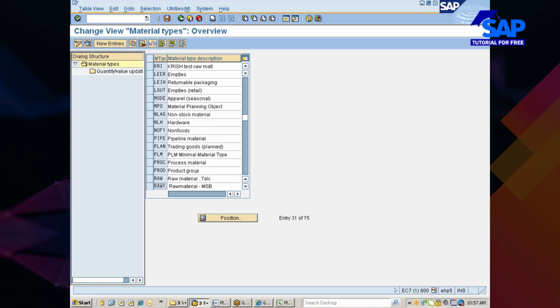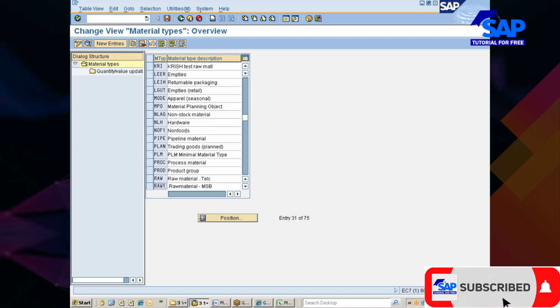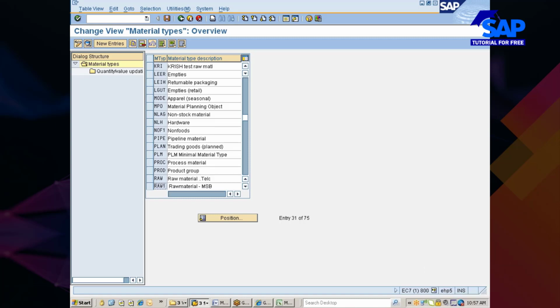Okay, then you have something called NLAG, non-stock material. A non-stock material is one which is assumed to be consumed immediately upon usage. What does it mean? The material that you bring in, you don't keep it in stock, rather you consume it. For example, power, electricity.